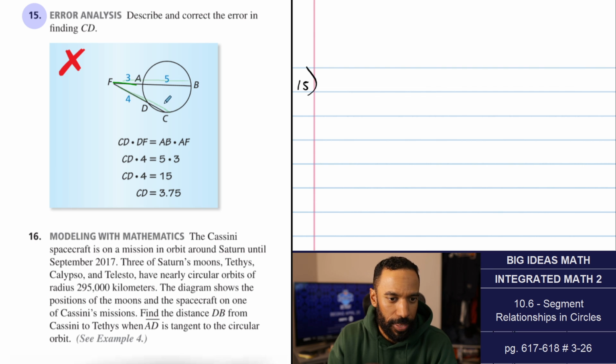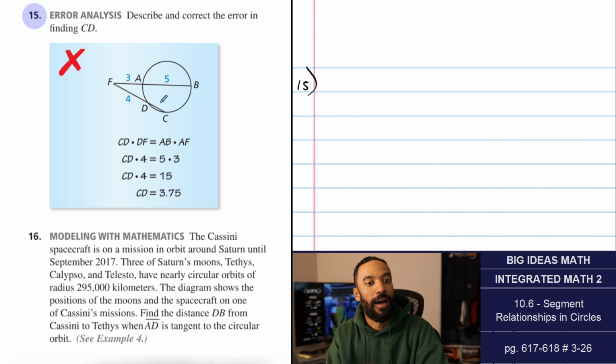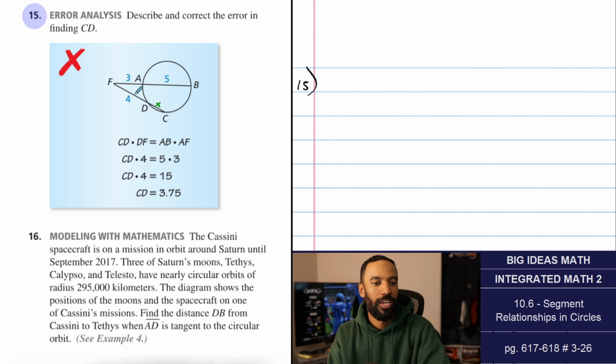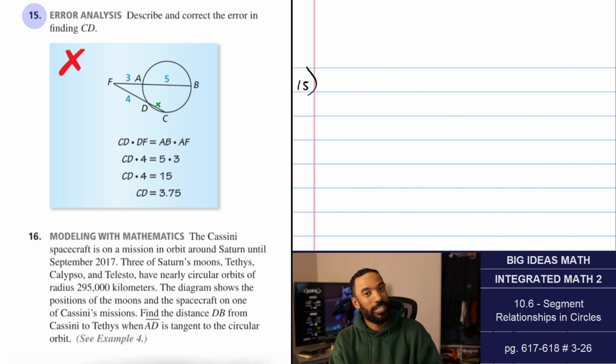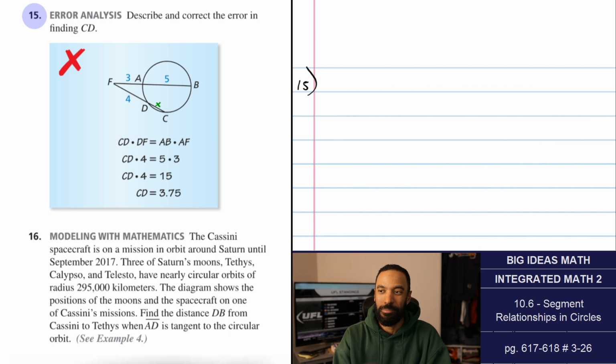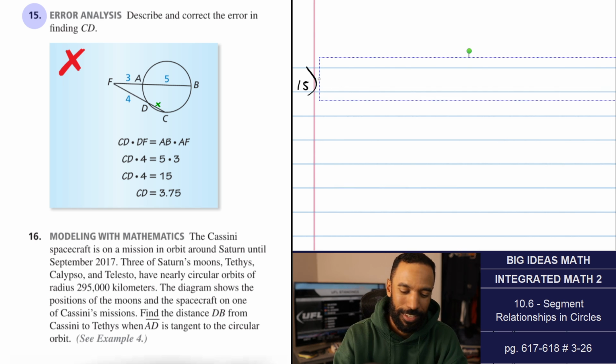Oh, there's no length for this. Oh, I don't know because they don't have a length. Oh, in finding CD. I see. Let's just call it an X. Okay, let's see what they did. CD, ooh, they did inside times outside. Equals inside. No, it's not outside times inside. It's outside times whole. If I say it my way,